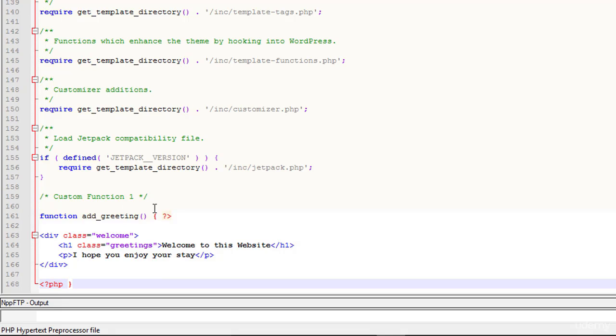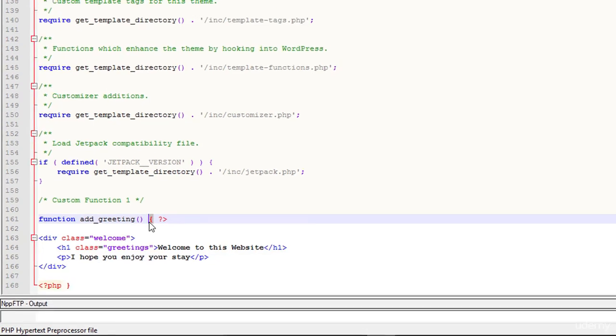All right, so what's happening over here? If you have experience with PHP, then you definitely know why I had to use the curly bracket and all that. But if you don't know, let me just quickly explain to you. The reason why I have this curly bracket opened up in here is because in programming, you can never have HTML code directly inside of an open PHP block of code. You can have PHP code inside of an HTML code, that's fine, but you cannot have HTML inside of a